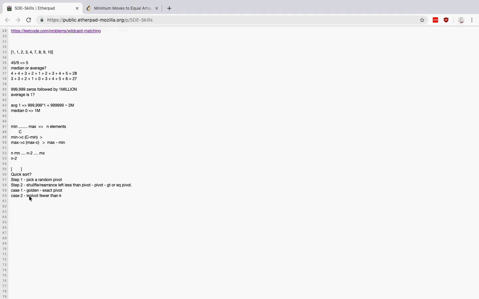Okay. Thank you. So case 2 is where your left side, less than pivot, has fewer elements than k. Okay, and then your case 3 is your